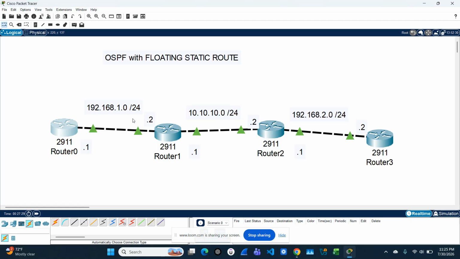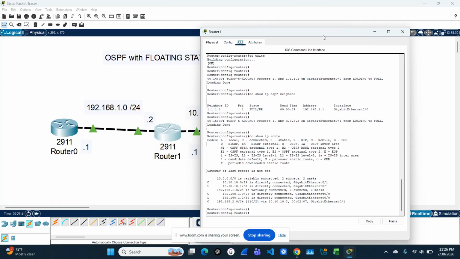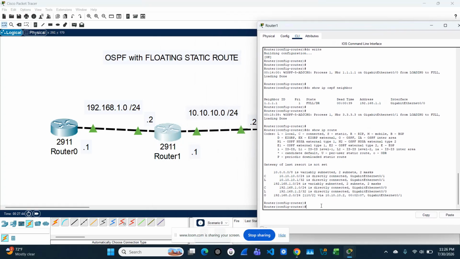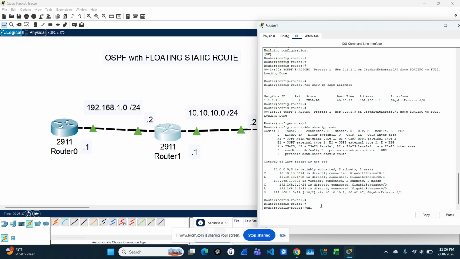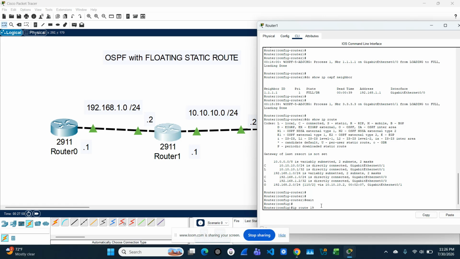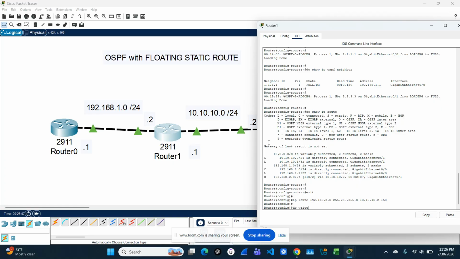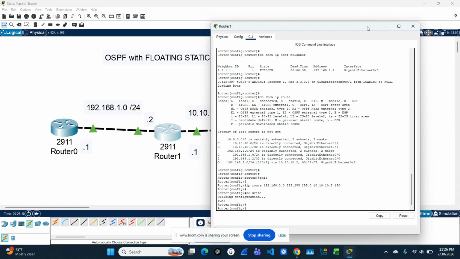All right, so for router one, as far as the floating static route, I don't need one to this address. I don't need one to this address. I do need one to this address. So let's go ahead and configure that. Let me exit because I don't think I can do it from there. IP route 192.168.2.0, subnet mask of /24. My next hop is going to be 10.10.10.2, and administrative distance 150. Do write. That should be all I need to do for that router,